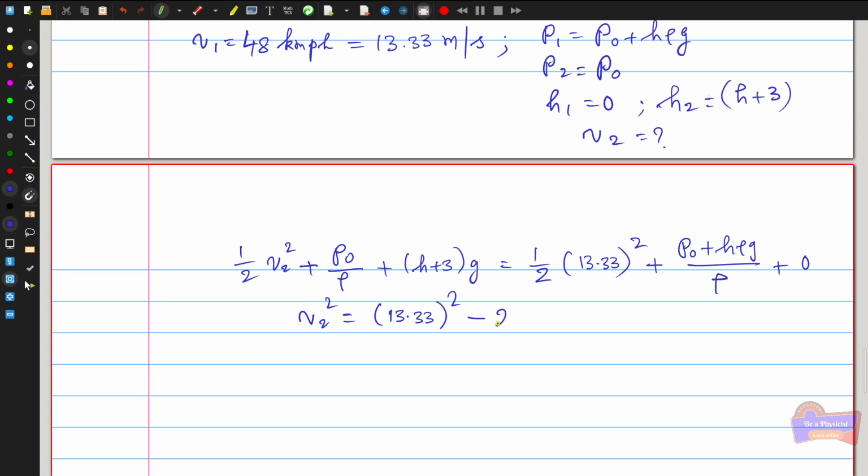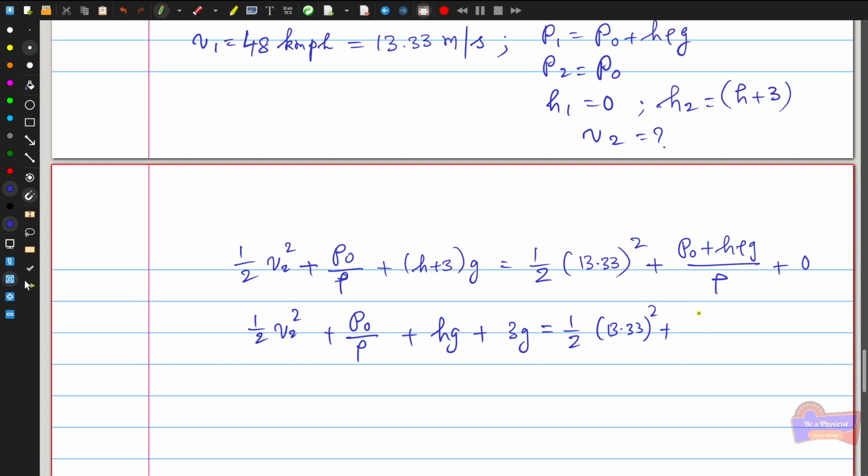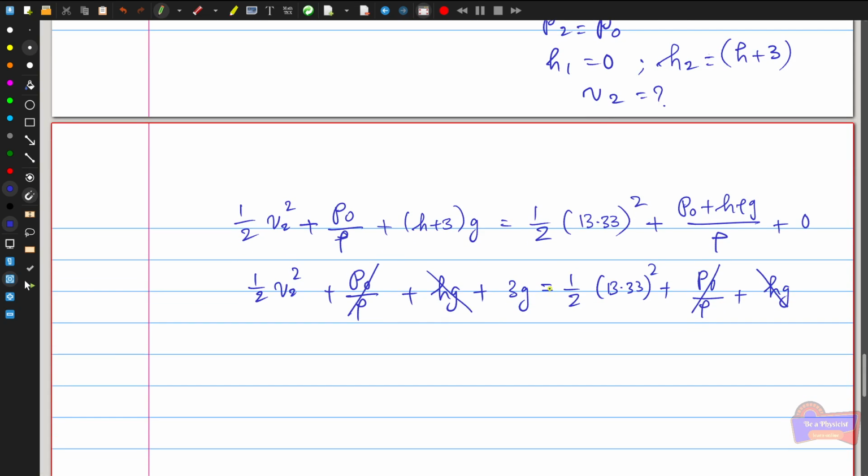13.33 squared minus 2 times of 3 into 9.8. Before going into that, I further simplify this equation: half V2 squared plus P0 divided by rho plus Hg plus 3g is equal to half into 13.33 the whole square plus P0 divided by rho plus H times G. So here you can see this P0 divided by rho and this P0 divided by rho will get cancelled. Similarly, Hg and Hg will get cancelled. So the remaining terms are, and similarly this half and half will also get cancelled, so that the V2 squared,